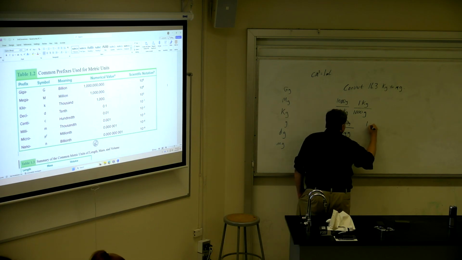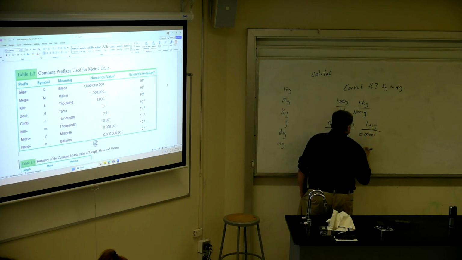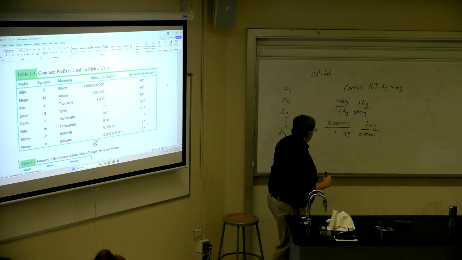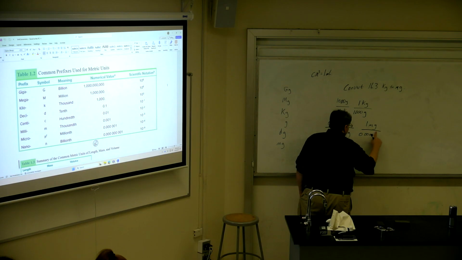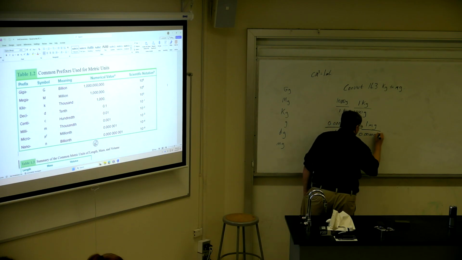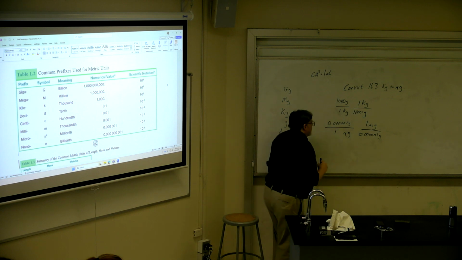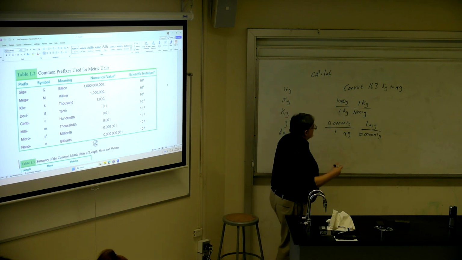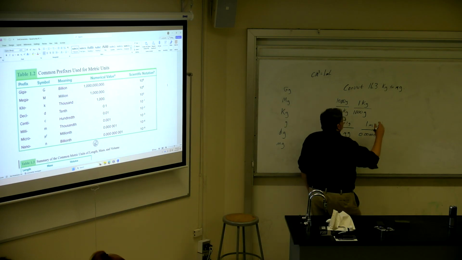And you might use it flipped over. Enough zeros there. 1, 2, 3. So to come up with a conversion factor to get from kilograms to micrograms, you're going to need kilograms